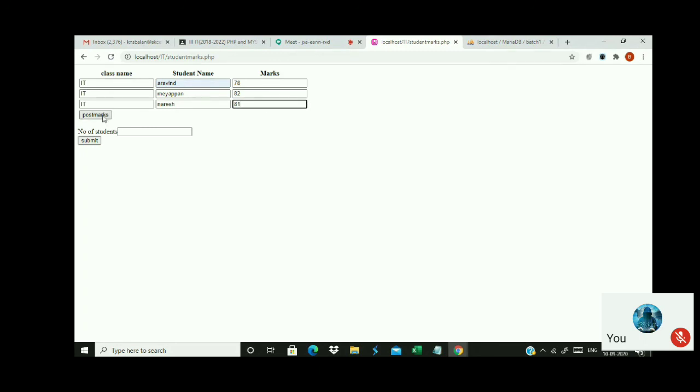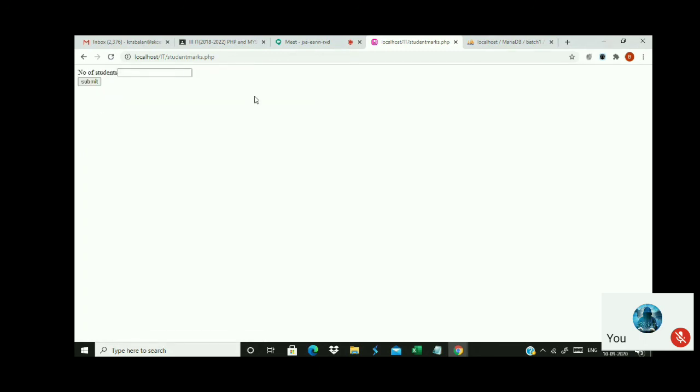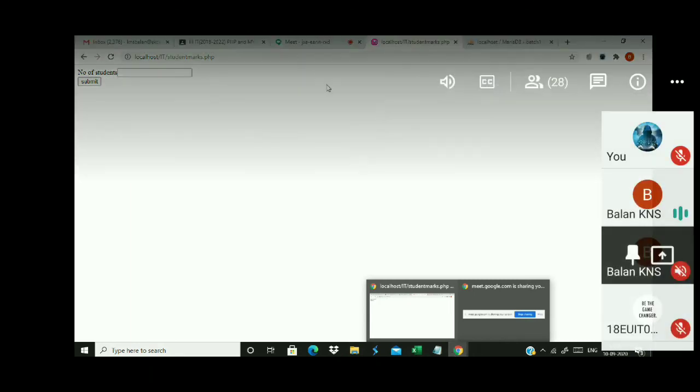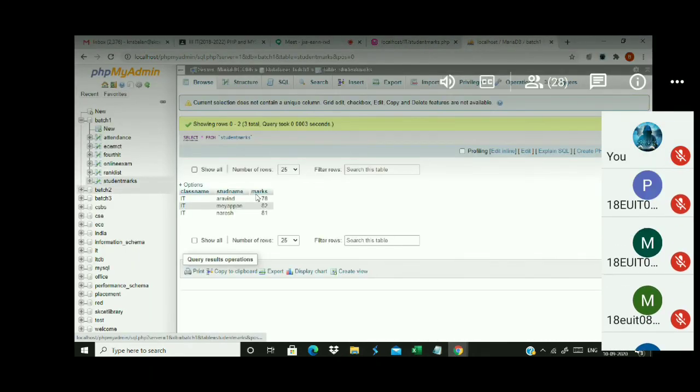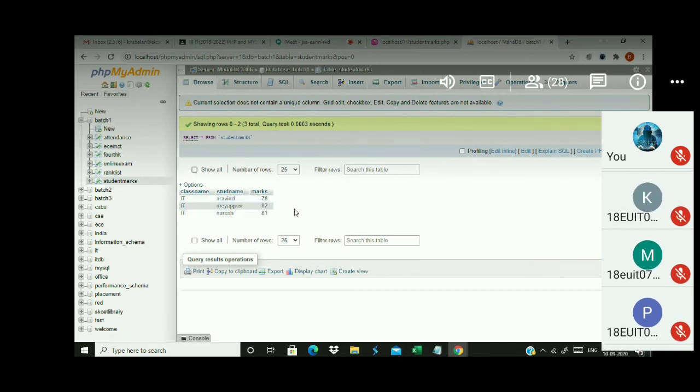Now I just post marks, so it comes out, but actually it stores inside the database. Later I will tell you how to block this in a separate window. Now if you go and click the student marks, see here, all the data are getting pushed into my database at one instance.